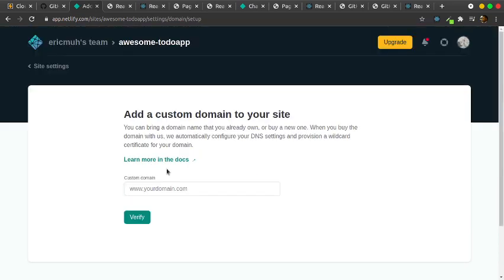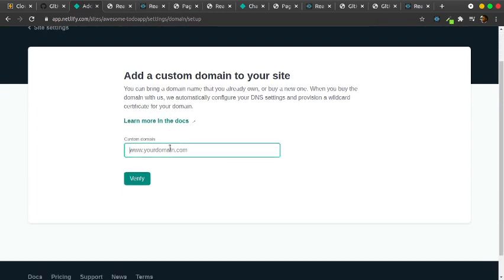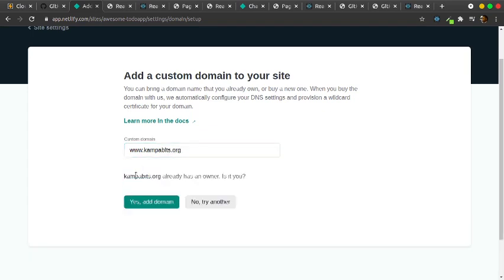Add a custom domain. Then of course you put in your domain. Maybe you can say www.campabits.org, because I know this domain belongs to Campabits. I'm just testing it out, and you verify it. When you verify, they will send you some